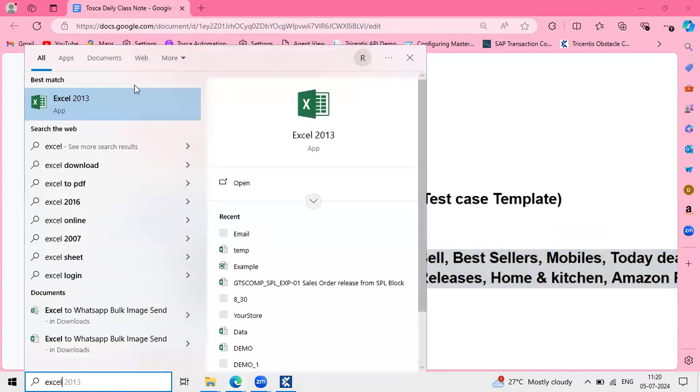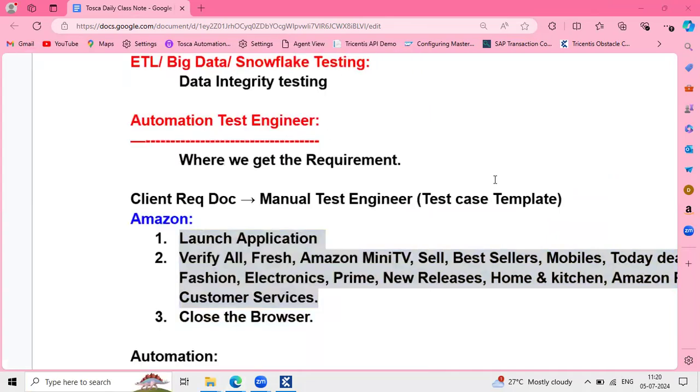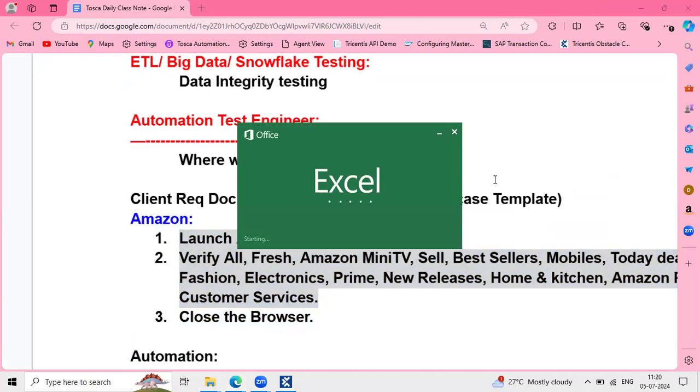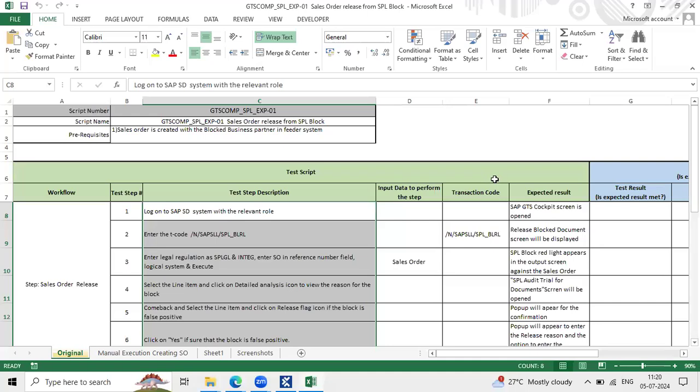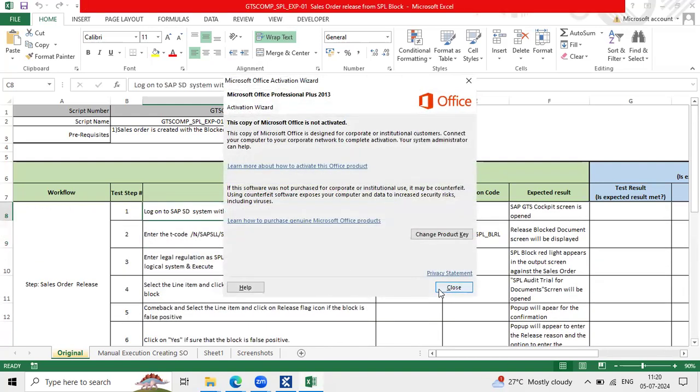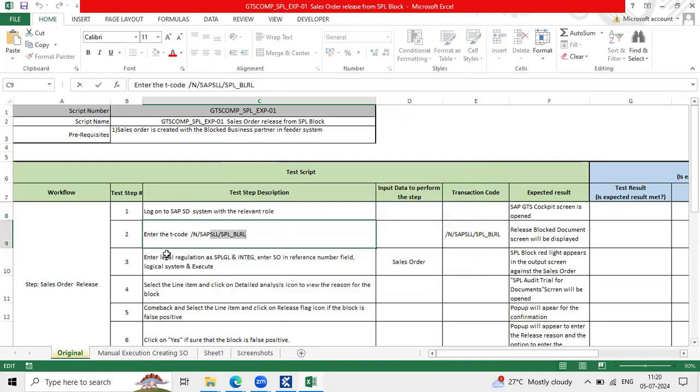Let me open that. I just pulled this from my last project, and this is a SAP-based application. I'll show you the manual test steps. Are you able to see the manual test steps here? What test steps were prepared by the manual people? Yes, we can. So see here, they mentioned the step-by-step process very clearly: log on to so-and-so system, enter this particular T-code, enter legal regulations, special ING, something like that, in depth. Okay, we have to read each and every test step and understand what exactly the functionality of